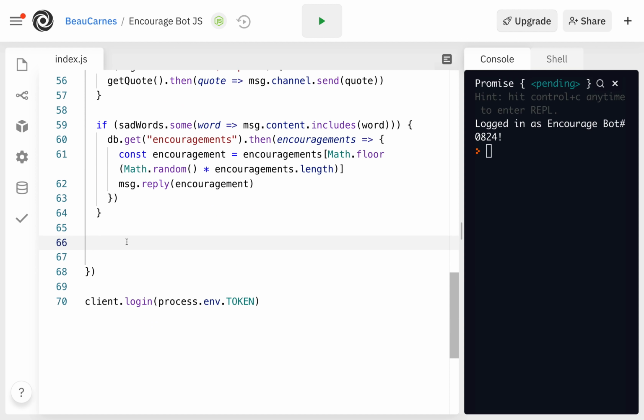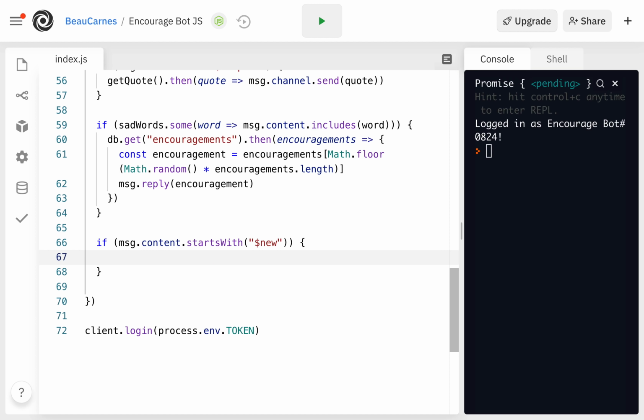Okay, now let's make it so our bot will respond to two new commands. So if message.content.startsWith, if the content starts with $new, then we are going to do something. First we have to figure out what the new message is. The person will be typing $new space, and then they'll put their new message that should be added to the list of encouragements. So the encouraging message is going to equal